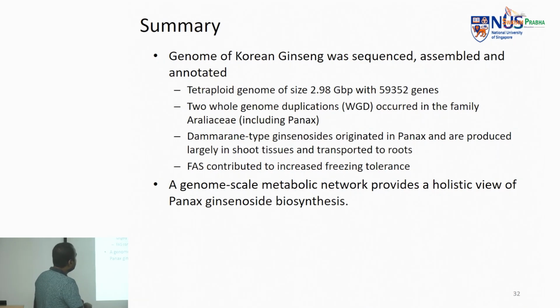And then the dammarane type of ginsenosides is specific to Panax and was not found in other species, and they are largely produced in shoot tissues rather than directly in root. We were able to ascertain this based on the gene expression of multiple tissues as well as the different metabolite levels. And then, as I explained in the previous slide, the freezing tolerance and the different types of ginsenosides we see in the hilly regions are mainly because of the fatty acid